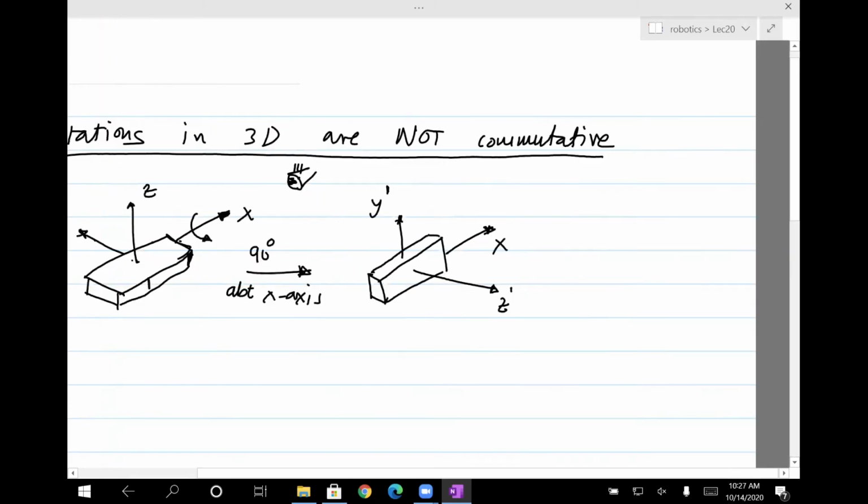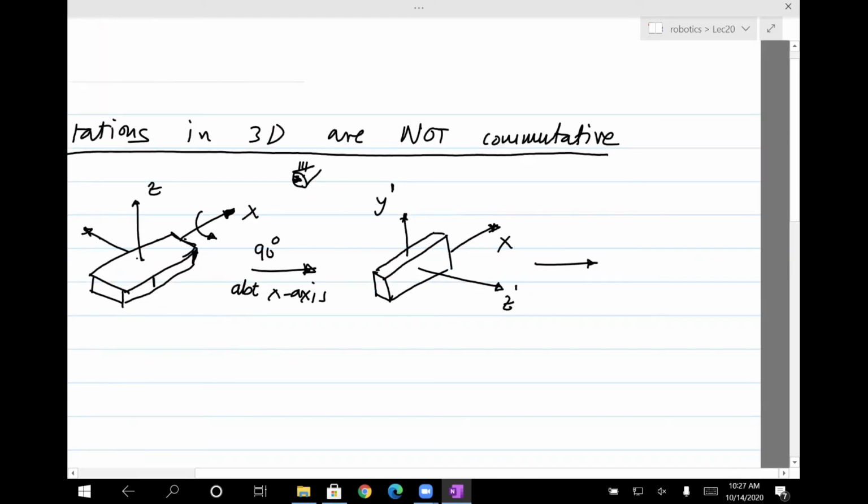So we did that. Now let's do a rotation by 90 degrees about the y-axis. So we need to turn by 90 degrees along this axis, so it will be counterclockwise. So if you do that, what we end up with is